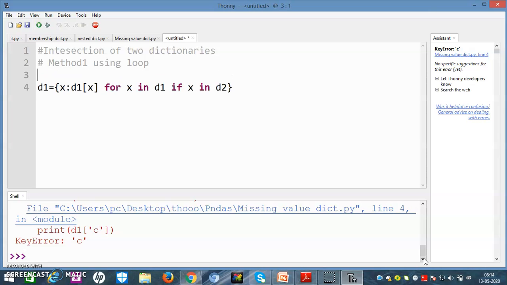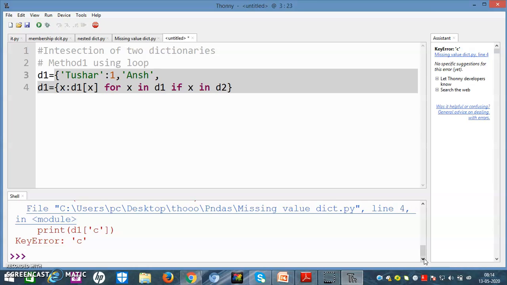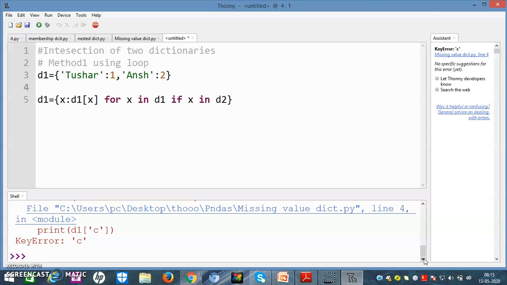Right. Now we have to mention D1 and D2. D1 is equal to, now I have to write, first suppose I have taken Tushar: 1, comma, then I have taken Manch. Right, now I will define another dictionary.